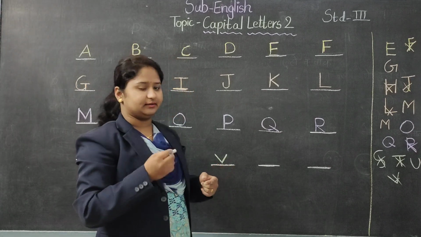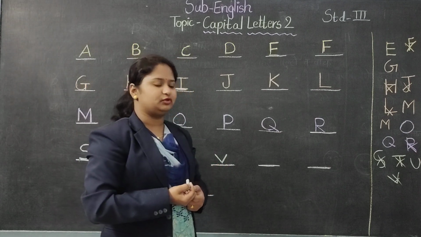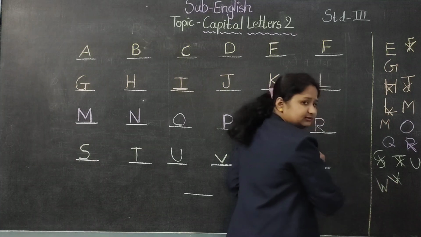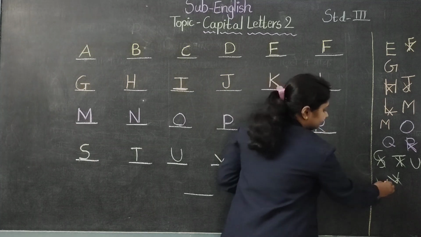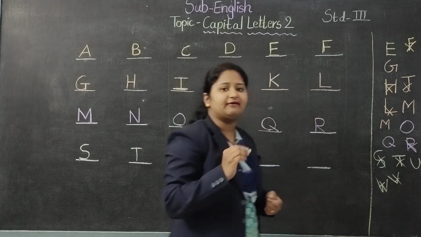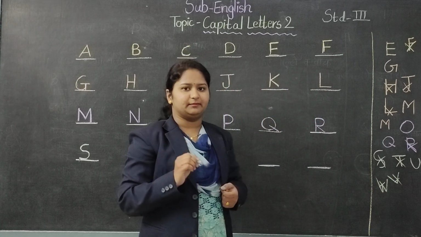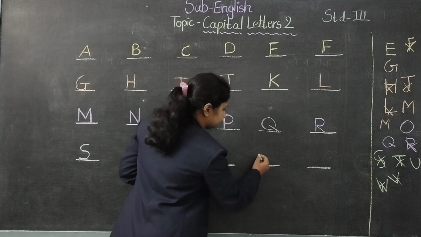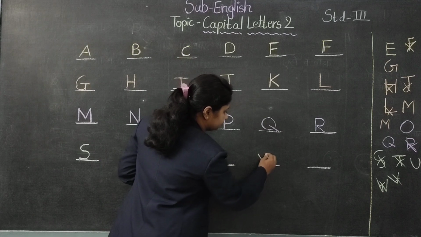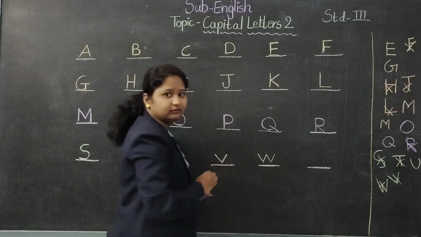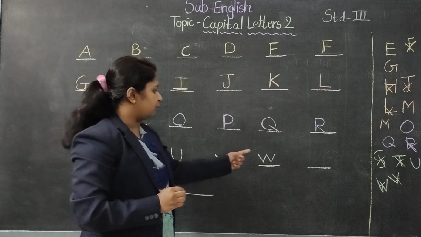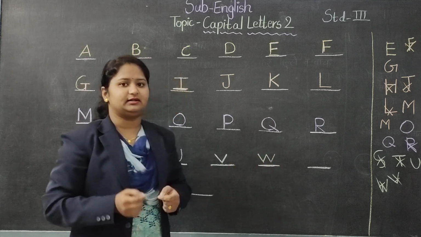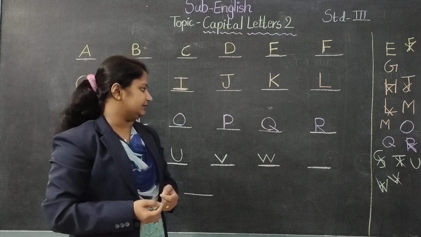Now the next letter, W. How to write W? We'll see that from left to right. No, this is the wrong way. We have to draw the right letter W from right to left, like I will show you. One, two, three and four. Have you seen my strokes? One, two, three and four. In this way, this is the correct method of writing letter W.